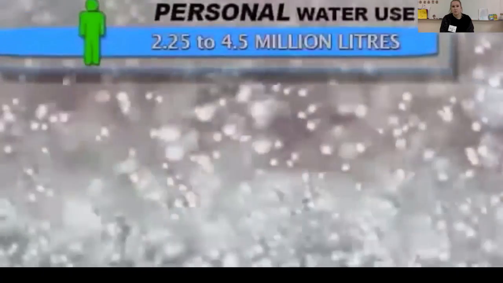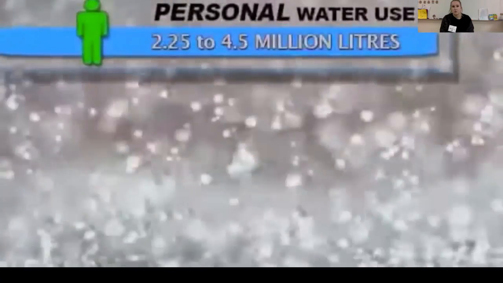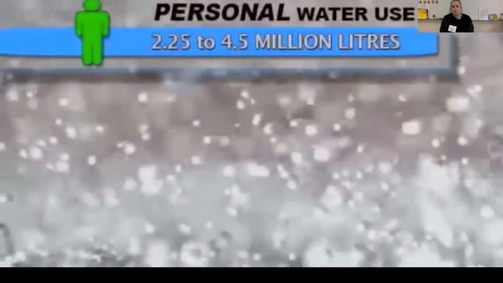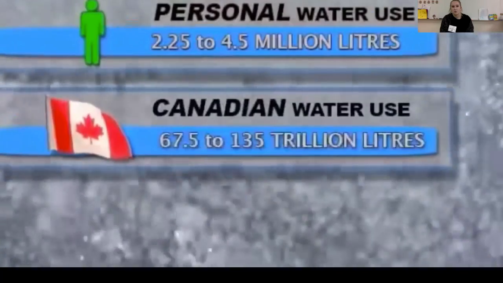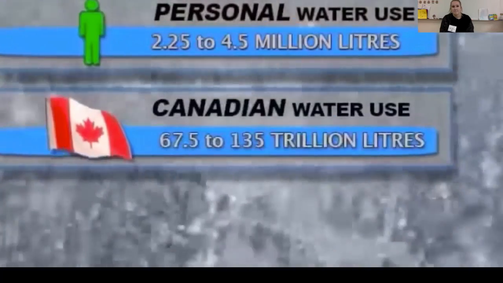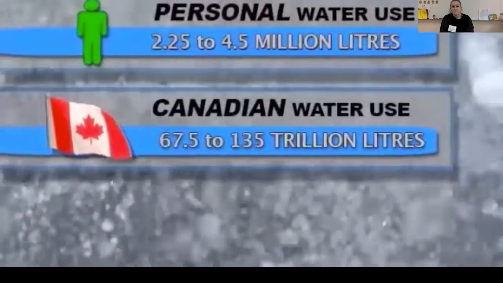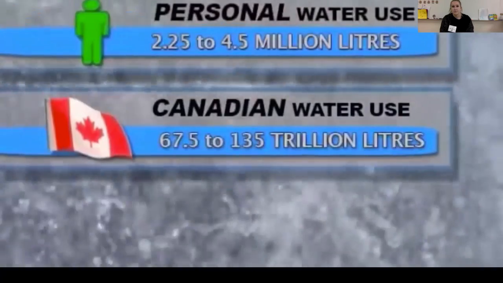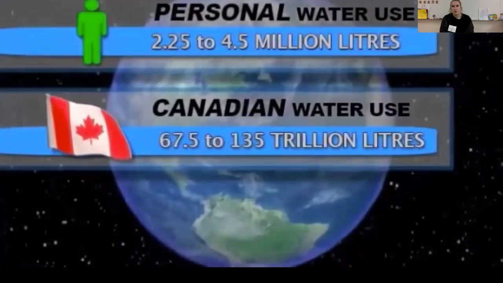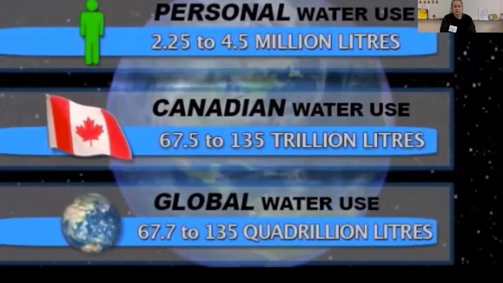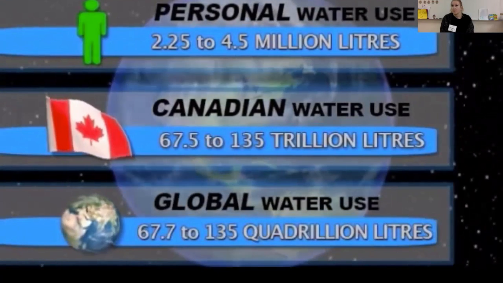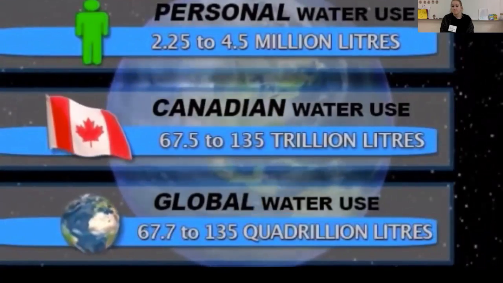Depending upon where and how you live and what you eat, it can take between 2.25 million to 4.5 million liters of water per year per person to sustain the way of life we enjoy today. Multiply our personal daily reliance on water by Canada's 30 million people, and you will have some idea of our reliance on water as a nation and our impact on water as a resource. Now multiply our personal water use by the 6 billion inhabitants of planet Earth, and you quickly discover how a water crisis could be created on this planet.